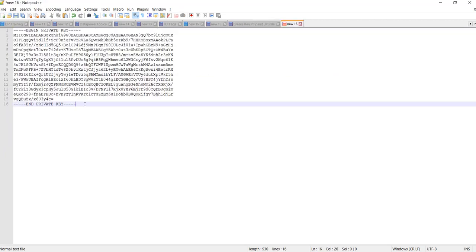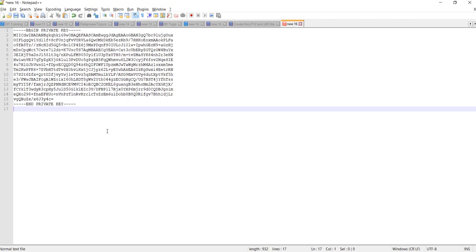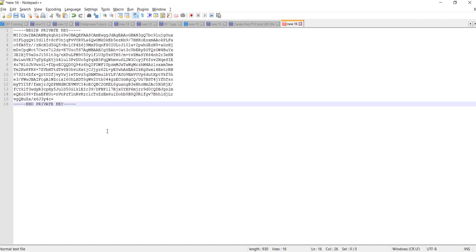Sometimes you'll find that your cursor is on the next line. Make sure your cursor is right here after these dots, because if there is some extra space or any character after that, when you save the file, it may be corrupt. So make sure your cursor is here, with no extra space or any character after that.